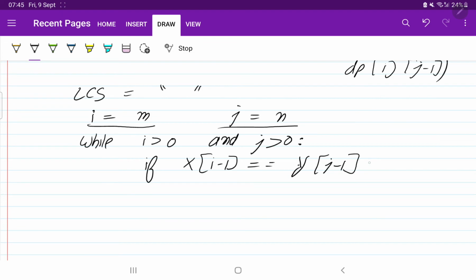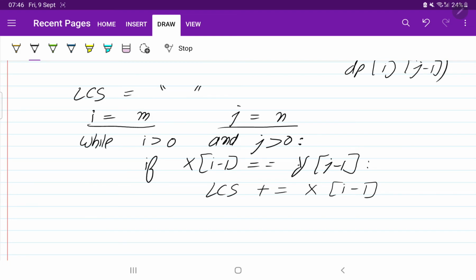I told you, if the elements are equal, we were adding that element into our string. So I am writing lcs plus equal to x of i minus 1. You can write x of i minus 1 or y of j minus 1 because both are equal, so you can write anything. If elements are equal, we were adding them.